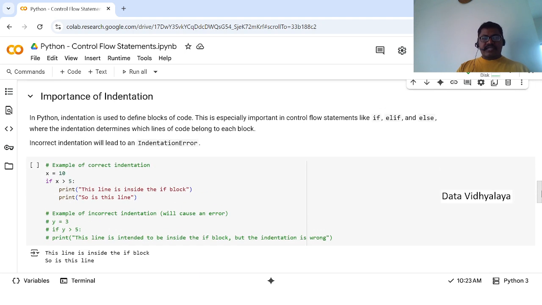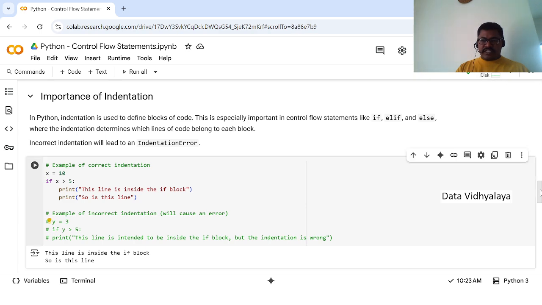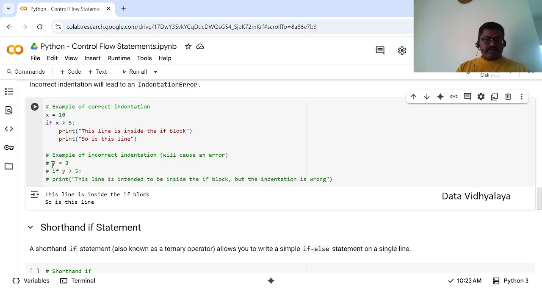And as I said, indentation is very important. Whenever you are defining a block of code, or writing a set of code with if, else if and else, indentation is very important, and it has to be aligned properly, very clearly. If you see here, for example, x is equal to 10, x greater than, we have seen the same example. Print this line is inside the block. I have created one more example for you. Here y is equal to 3. If y is greater than 3, then